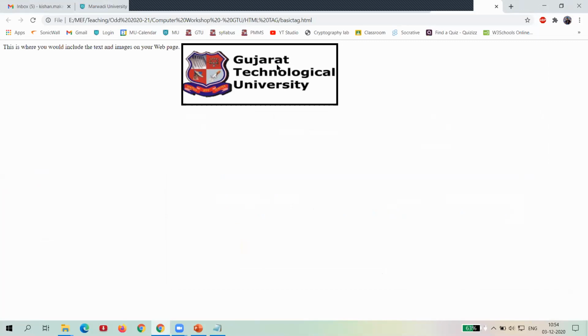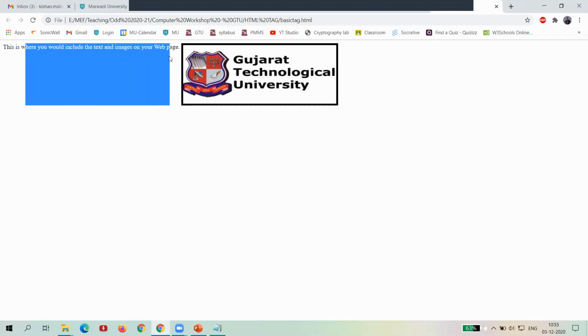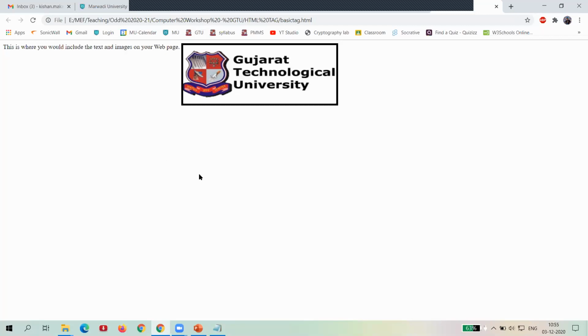Now you can see the image will be stable, but the text will change. It is represented at the top most. So that is the meaning of the align that we call top.